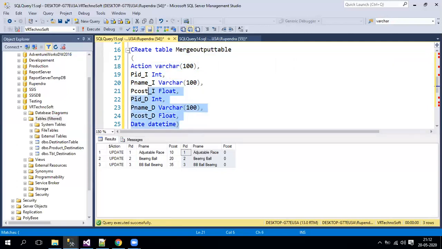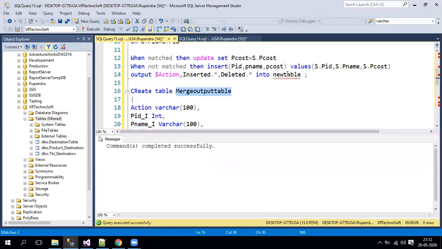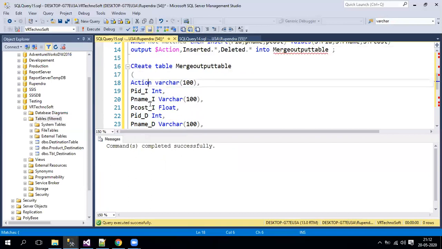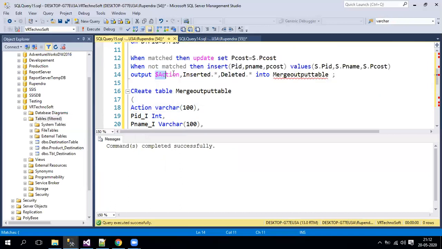So the naming convention should always be meaningful, so that we are able to identify it easily. Now see, in this table we have 8 columns. But from these magic tables we are getting 6, and the action property is 7. We require one more column, that is GETDATE. Just put GETDATE over here, so that the final value will get inserted into this table.